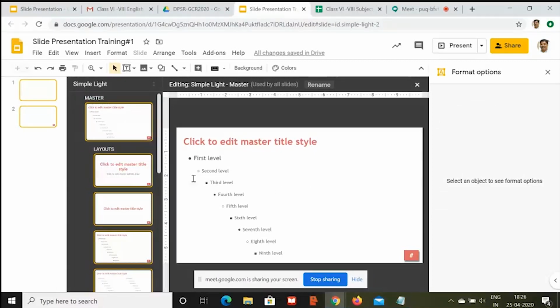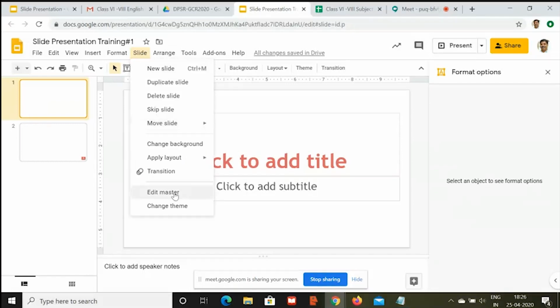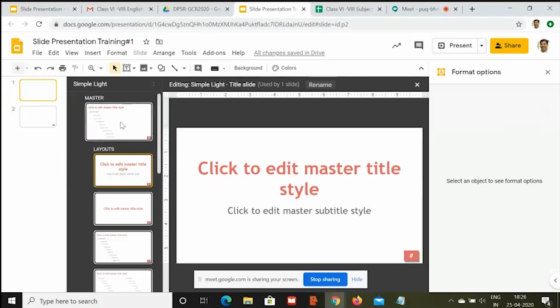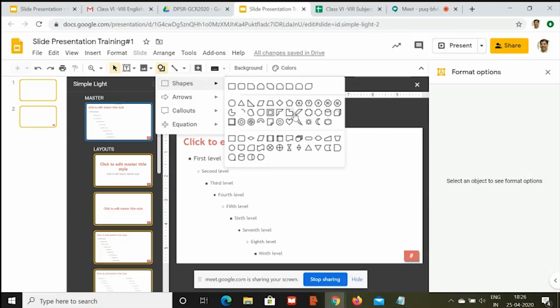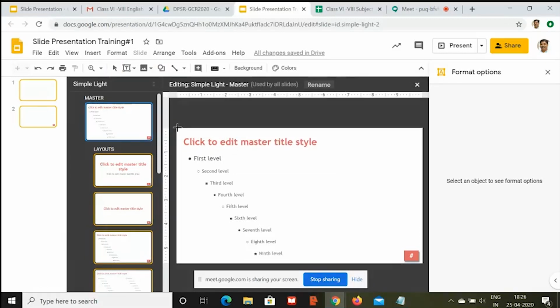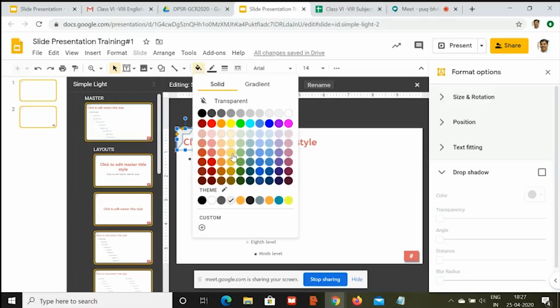Once this is set, you can just click on any of the slides and you are now ready to use this template of your own. In the template, if you want to make some more changes, like on all the slides you want to display some symbol or your trademark symbol, let's assume you have something, maybe we pick up this and place it on top here. On all slides, you will see this in the corner. This is entirely up to you whether you want this or not.